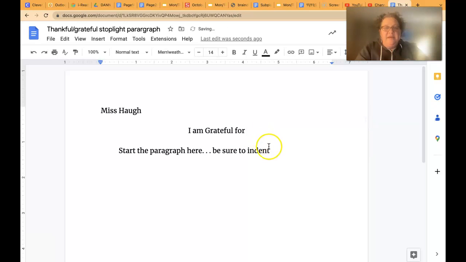So whoever you're going to write about, that's going to be your title. And then when you start your paragraph, I put where you should start here because look, it's indented. So you're going to highlight it and then you start your first sentence. I am so glad my